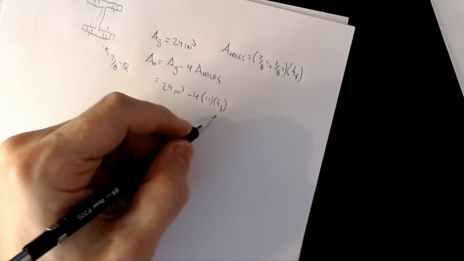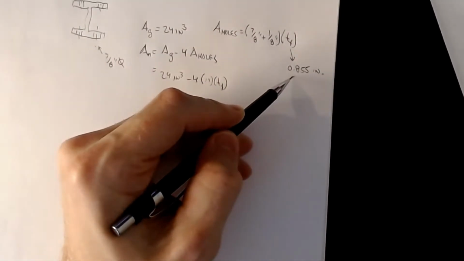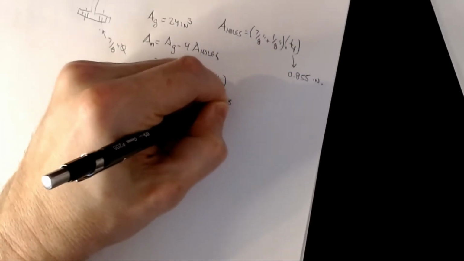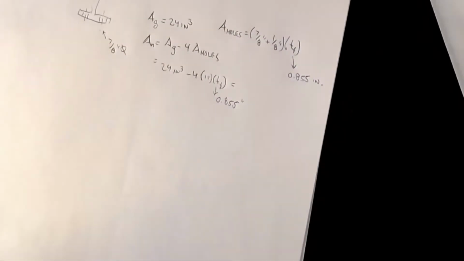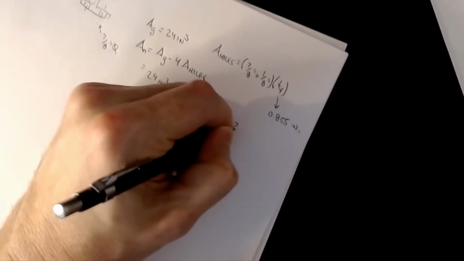And so whatever TF ends up being, I forgot to look that one up. Let me pause it again, sorry, let me grab that one. All right, so looking it up in either the WT table or the W table, the TF on this is 0.855 inches. Okay, and if I calculate that real quick, what do we have? We have 4 times 0.855, and then I'm going to take that from 24. Our net area is 20.58